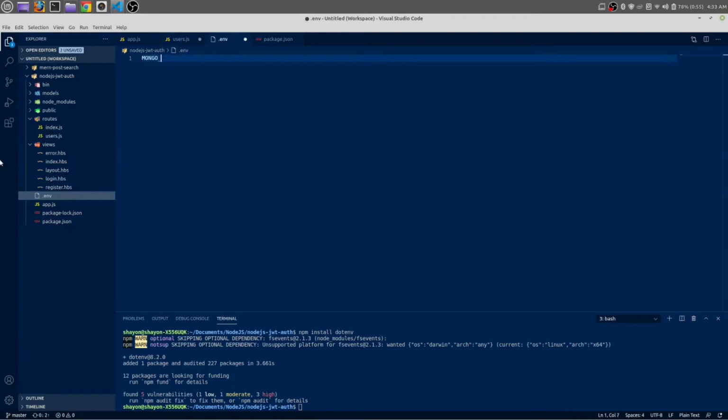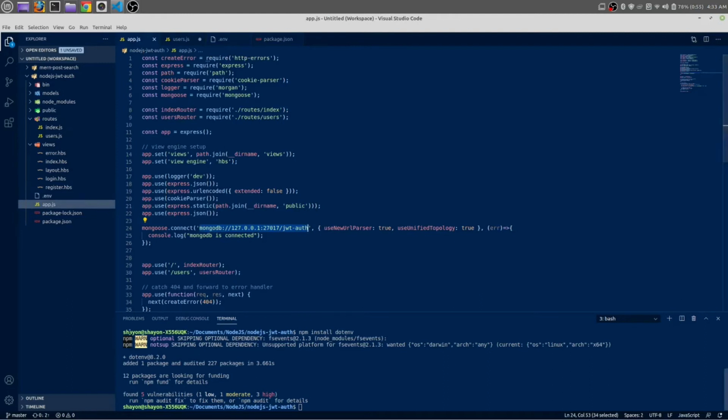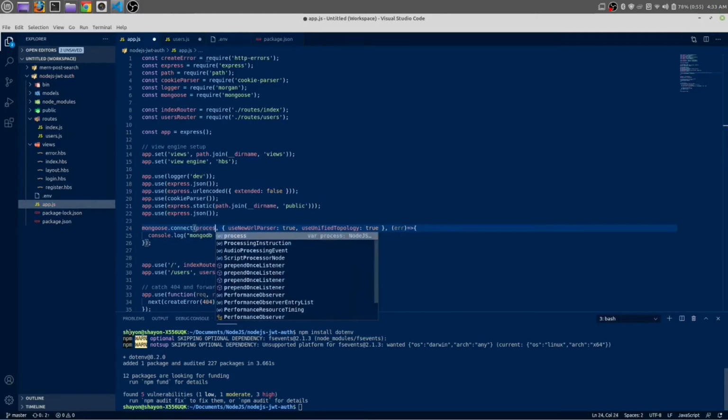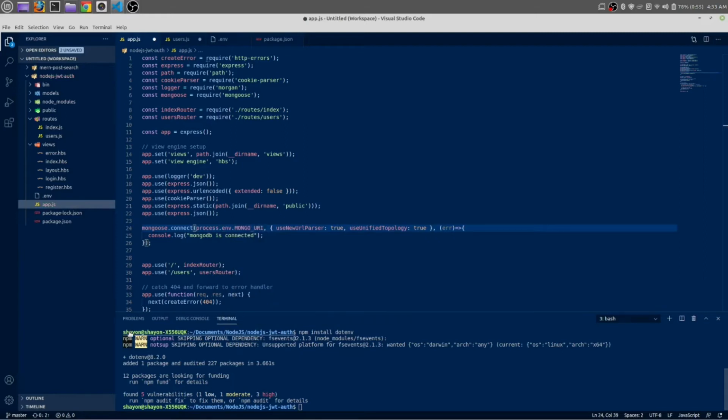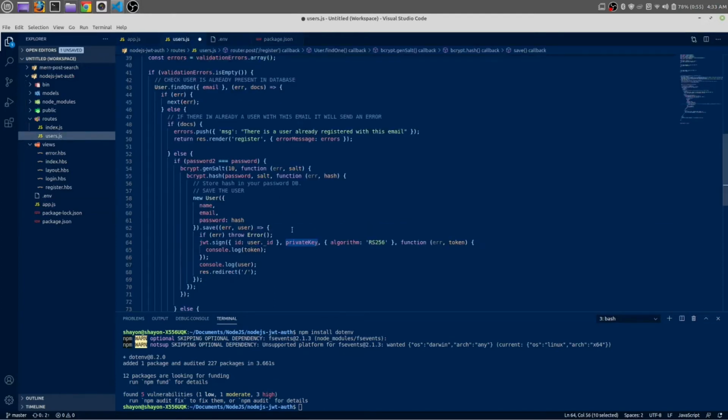MONGO_URI is equal, paste the connection string here, copy this and paste it inside app.js. In the place of our MongoDB string, just write process.env, and the name of our variable was MONGO_URI. Save it.